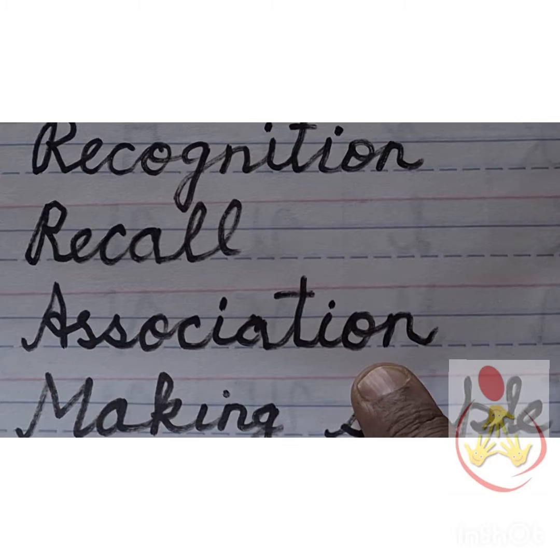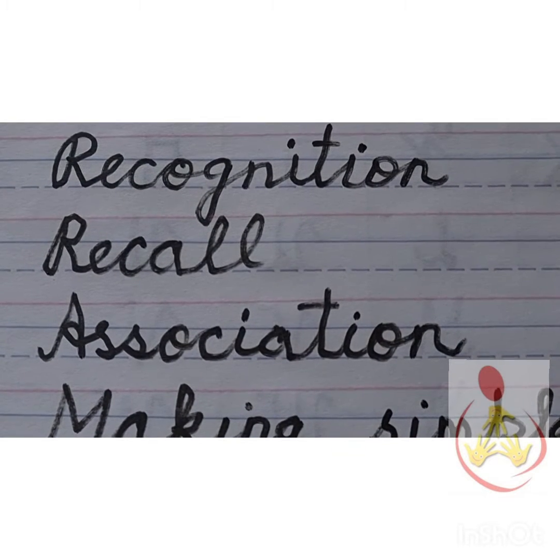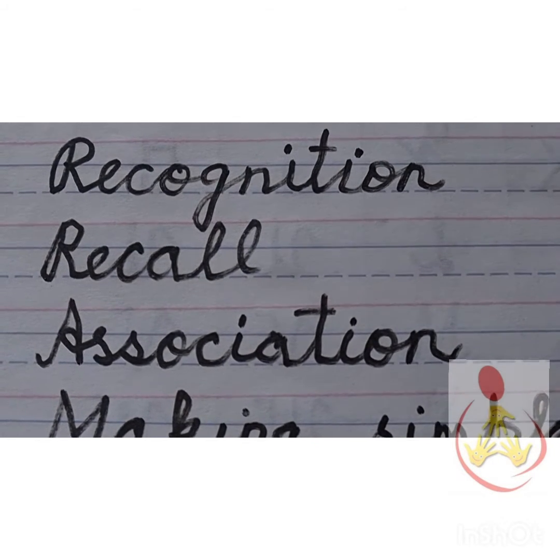And then association, like I had told you yesterday, how you associate a picture to a letter of the alphabet. For a letter of the alphabet, you draw a picture, match the picture to the alphabet, and circle the pictures that start with one particular letter. And then try to make words.